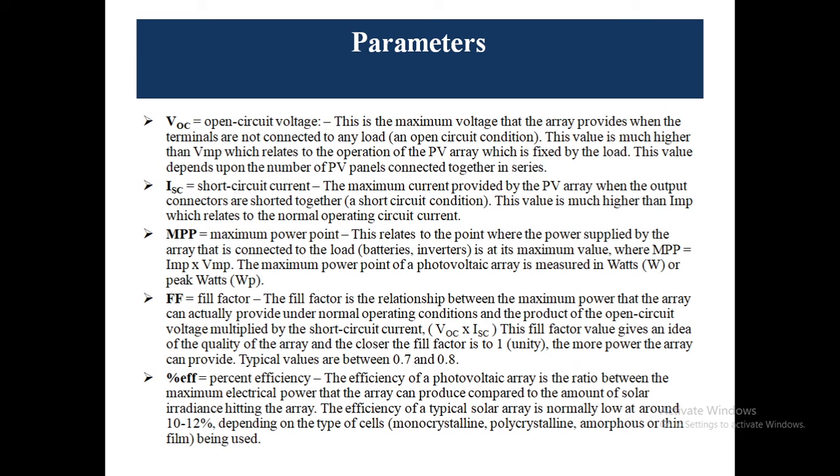So ultimately, to create those ideal parameters, what are these parameters? One is the open circuit voltage, when the cell is operating in the open circuit condition. Then we have the short circuit current for short circuit conditions. Then we have the maximum power point, where the ideal values of current and voltage together make up the power. So that is your MPP. MPP is a very important parameter that needs to be calculated in order to see how the cell is operating in an ideal state.